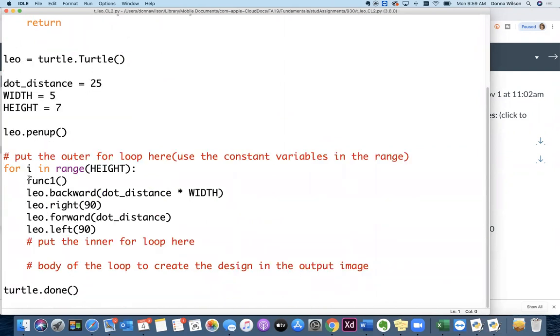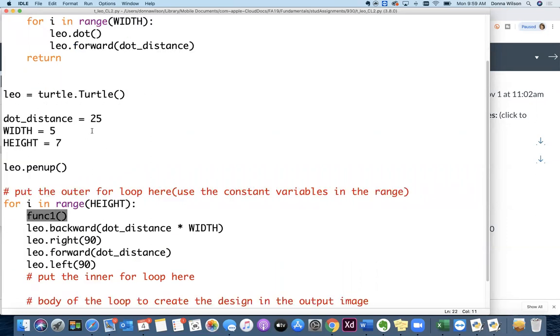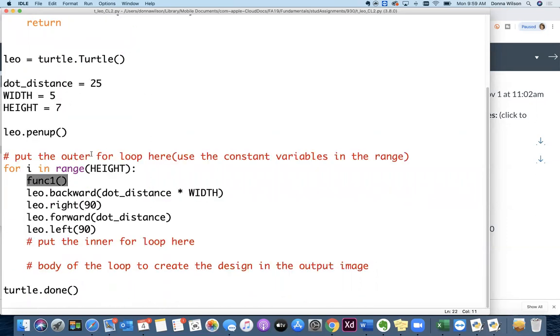Okay, so she took the whole, you know, John was asking if you just had to do the body of the loop. Caitlin did her whole inner loop as a call. So right after it enters into where it's doing the height, it's going to jump up here and it's going to stay in this function 1 loop until it finishes the inner loop, and then it'll drop down here. And so it'll do that